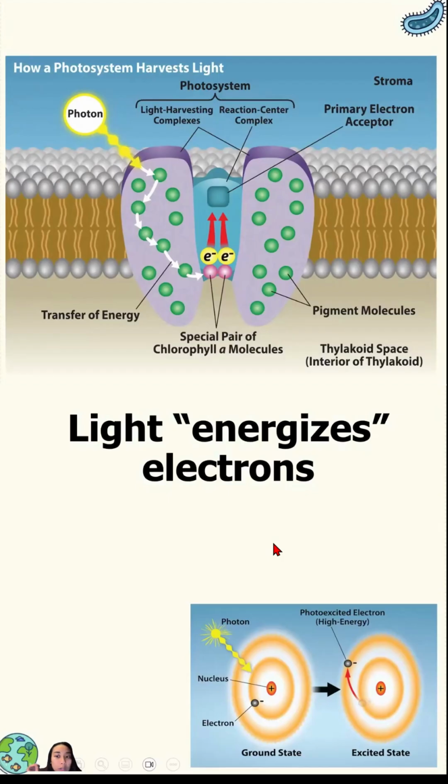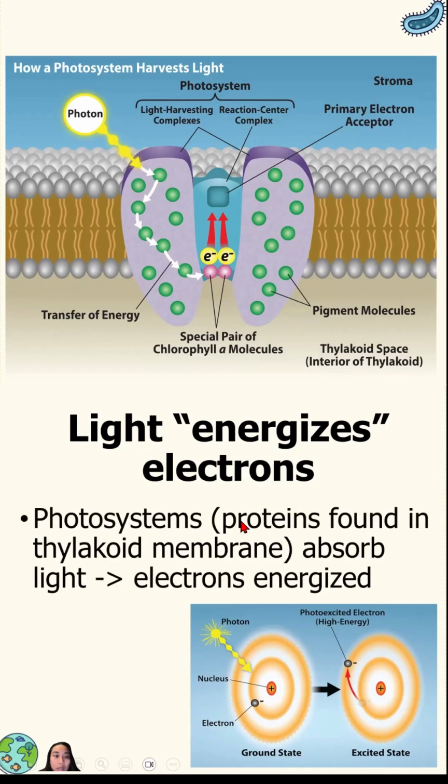The first part is, again, the light reactions, where we're going to be absorbing light to produce ATP and NADPH. But first, let's talk about how that light is getting absorbed. Light is going to be absorbed as a photon. So light travels in photons. And in this structure called the photosystem, this light is going to be absorbed and used